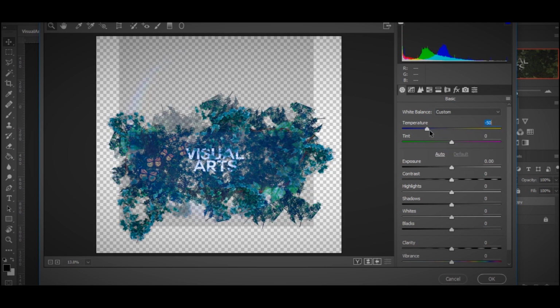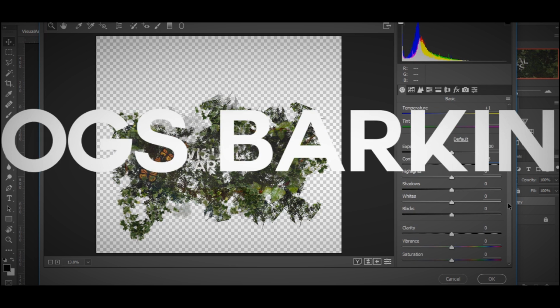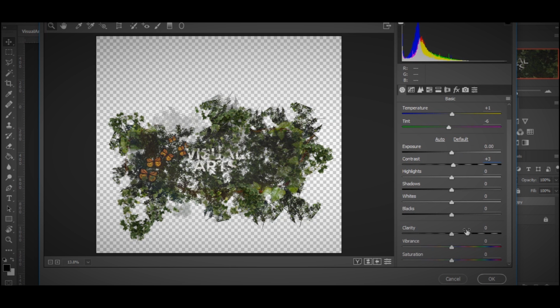You can adjust the temperature if you want it to be more vibrant, or you want it to be cooler. That looks cool. Absolutely, that looks cool. Look at that. It's blue. And you can adjust the tint, the exposure, the contrast, and many more here. You can adjust a lot of things here, but also you can adjust the clarity, which, well, it looks good